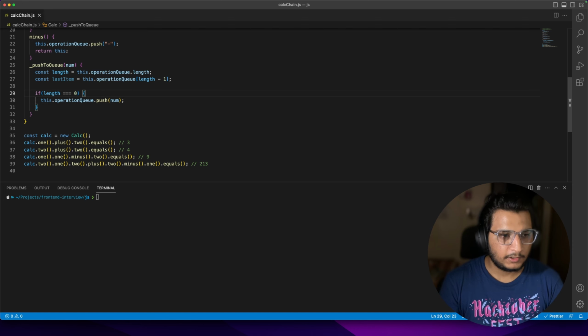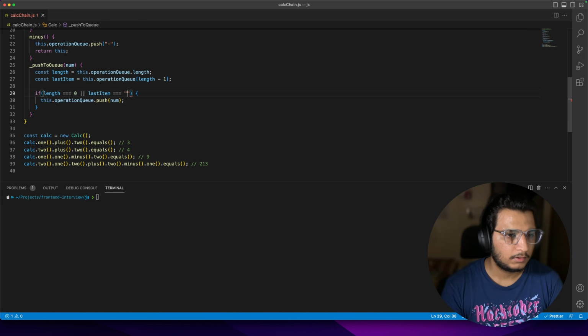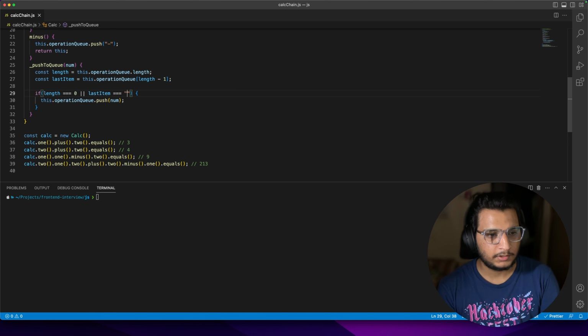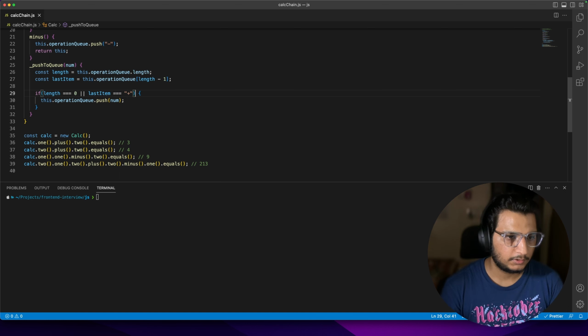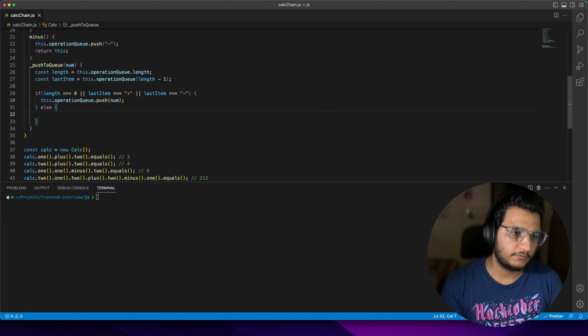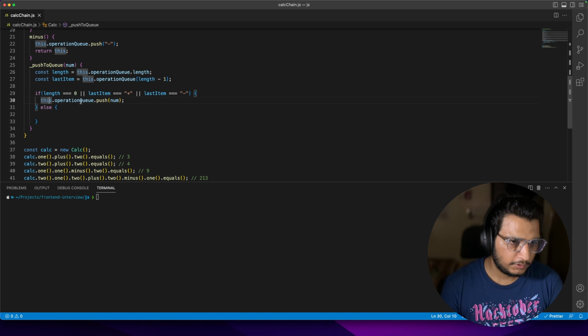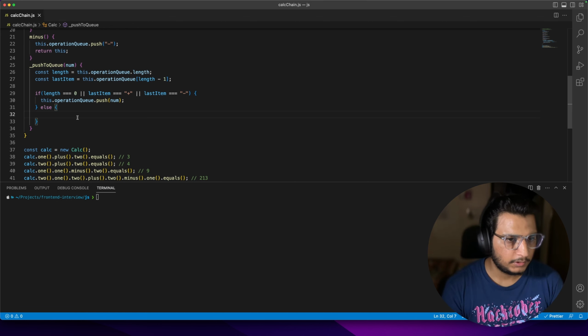The other thing is we can also push the num directly if the last item of the operation queue is an operator. So I'm going to just add the checks here. If last item equals plus or minus, then directly push it. And the main edge case logic will be in the else case, right? So if the length is not 0 and the last item is not an operator, then the last item is a number, right? So what we are going to do is